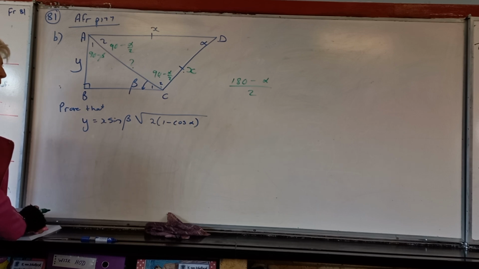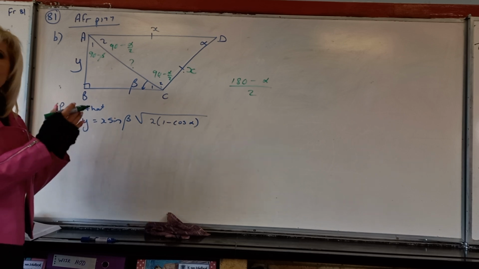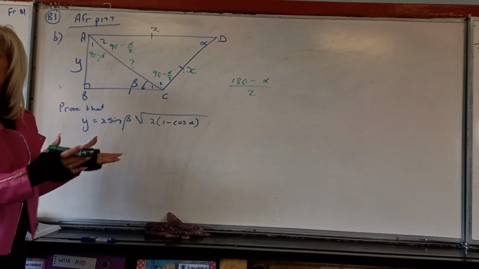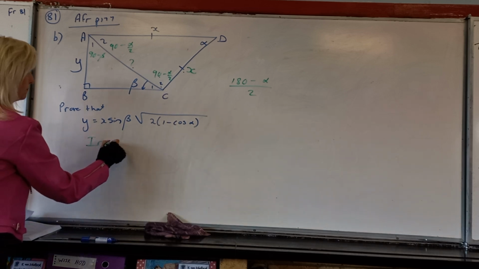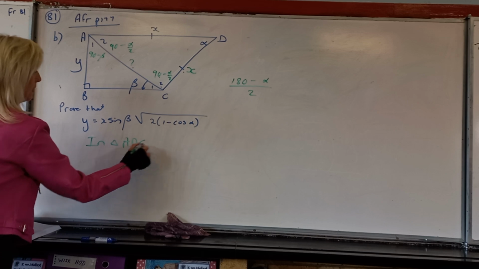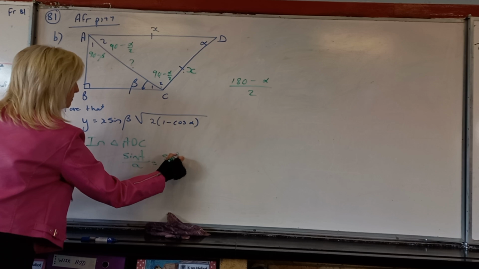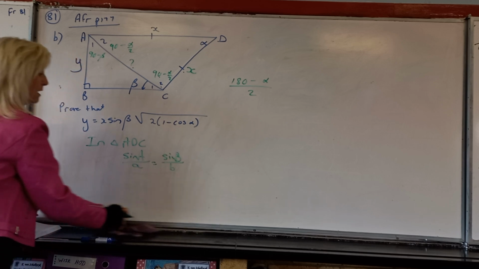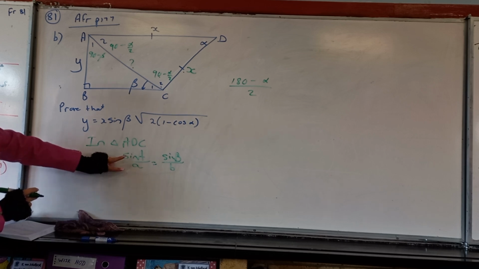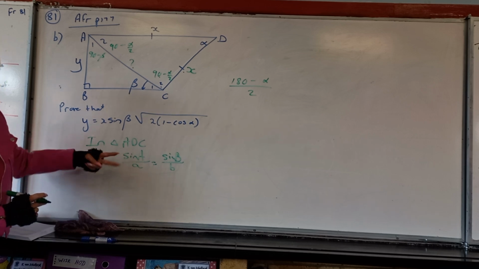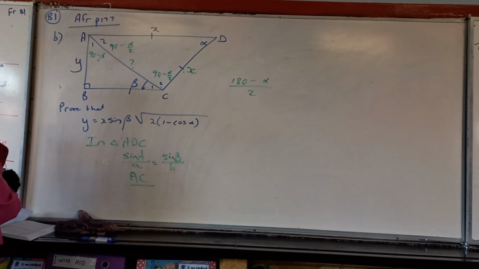And to find that side AC, can I use the sin rule? Please say it's the sin rule because it's so much easier, especially with these large sums in terms of variables. So I will say with the sin rule in triangle ADC, I'm going to use the sin rule, write down the sin rule, and now I'm going to find AC. So I'm going to put the side at the top. Doesn't matter that I wrote the angles at the top when I wrote down the rule. Now I'm going to write the side at the top. So it's going to be AC at the top over sine